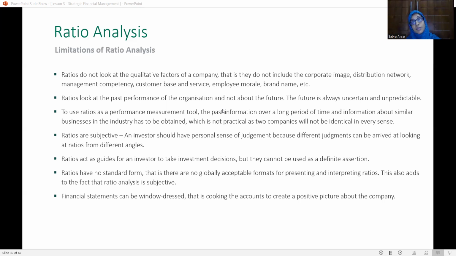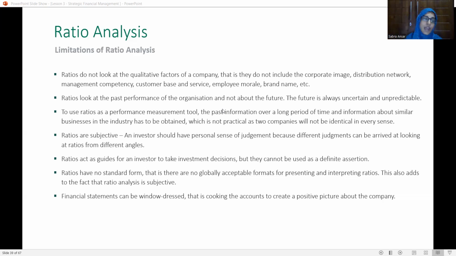This will not be the main decision making factor for an organization. And ratios have no standard form, that is, there is no globally acceptable format for presenting and interpreting ratios. This also adds to the fact that ratio analysis is subjective. As I said, it is subjective and there is no globally accepted format. Therefore, when you compare two companies, you cannot say that one company is good and one company is not, because there is no acceptable format. So any person could calculate any way they want, and so it cannot be the main method of